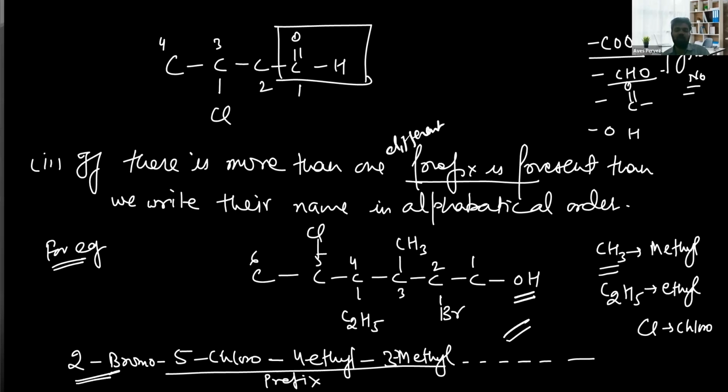So bromo, then we have 5 chloro, then we have 4 ethyl, E comes first, and then we have 3 methyl, okay. This will be written as prefix. Got it? Yes, sir. The next and last is if we have more than, let's suppose,